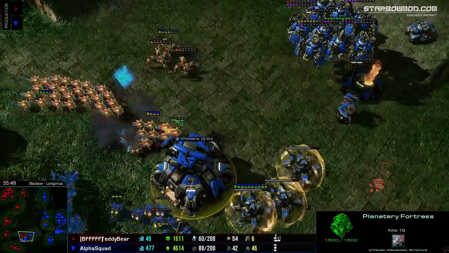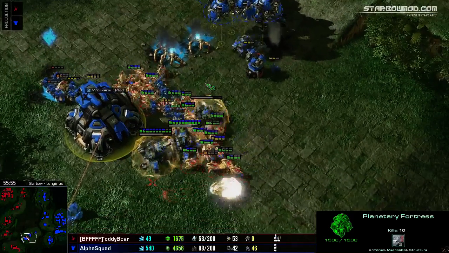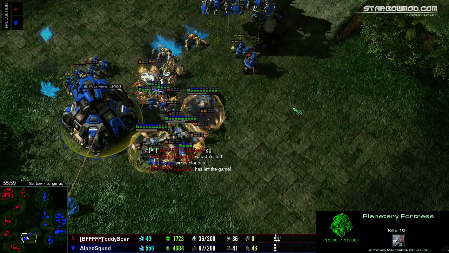Okay, he's bringing in all the workers. Oh, workers versus siege tank. This is horrible to watch. Attack, charge those workers. Pulling the girls. And GG, and AlphaSquad takes the game, which is actually quite insane, seeing that TeddyBear was basically ahead the whole